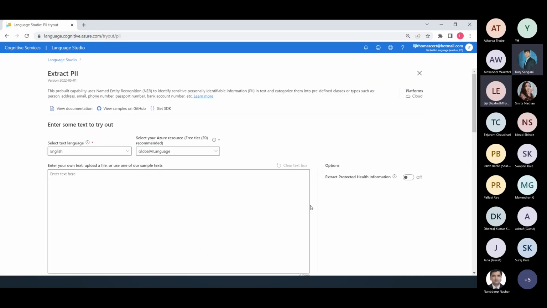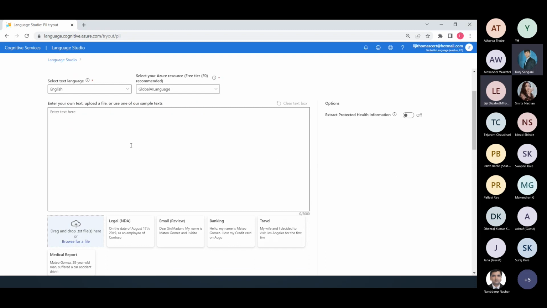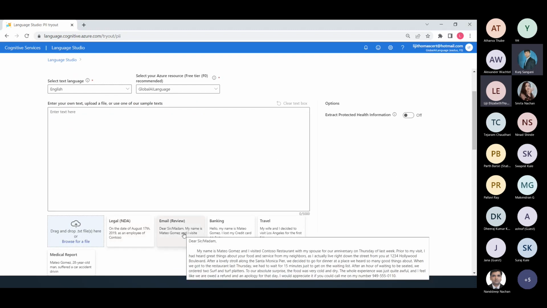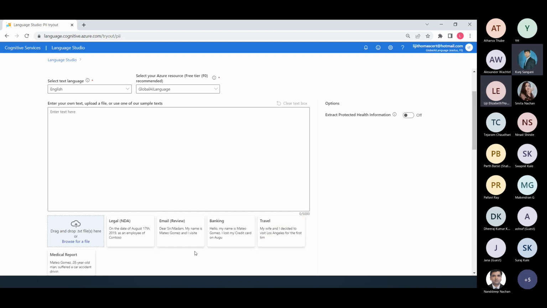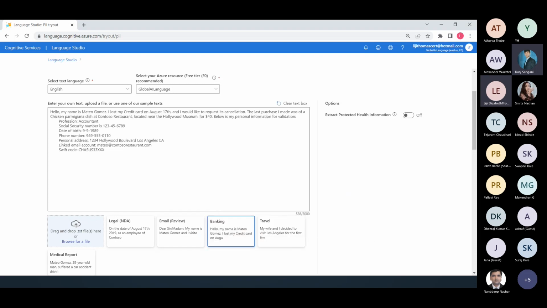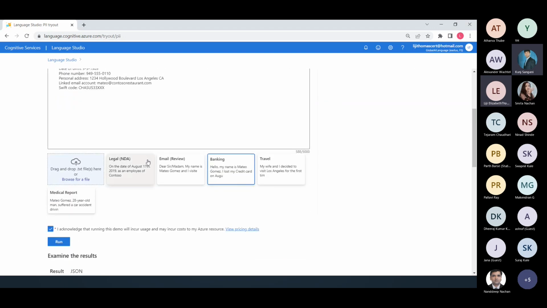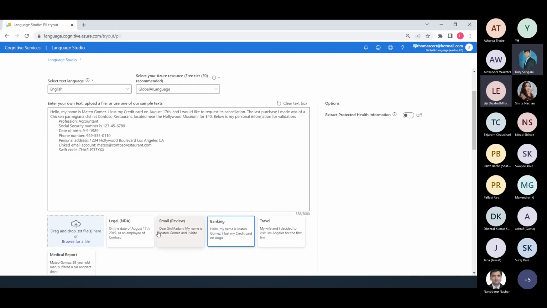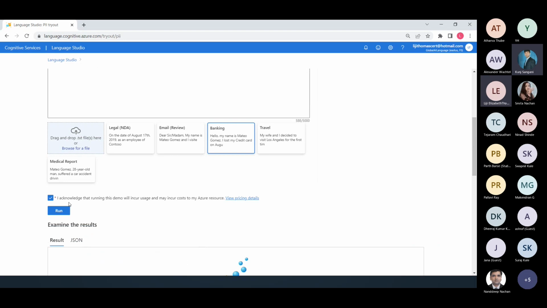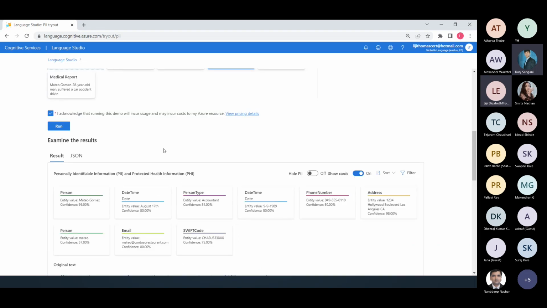I will demo the PII information because that might be interesting to you. So you have legal NDA documents, you have emails that come in, you have travel related stuff, there's banking stuff. So let's take banking, and you can see that there's a lot of personal information in this piece of text. Let's say I want to identify that so that I can apply sensitivity labels and I can mask that accordingly.